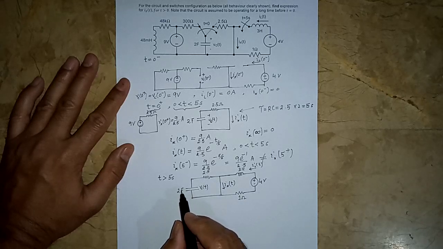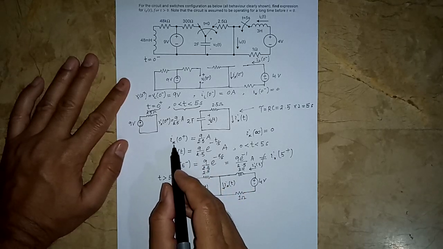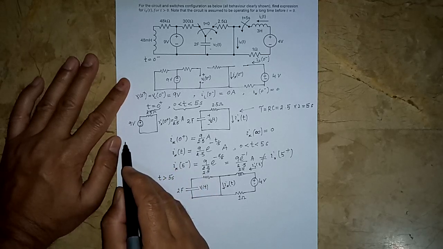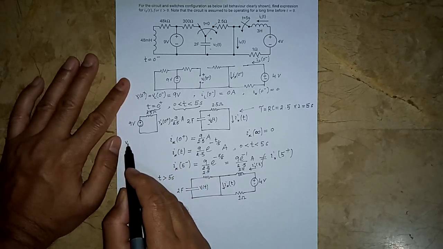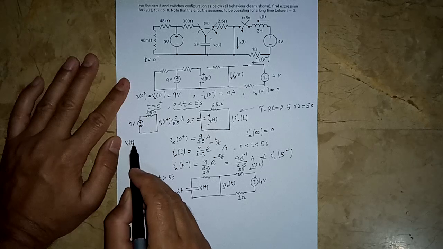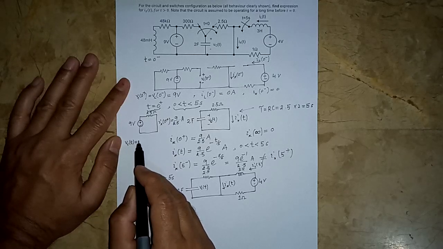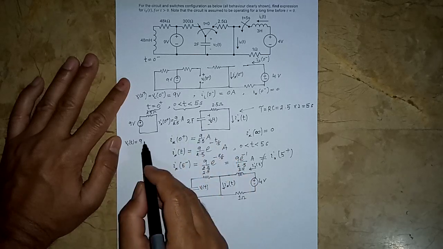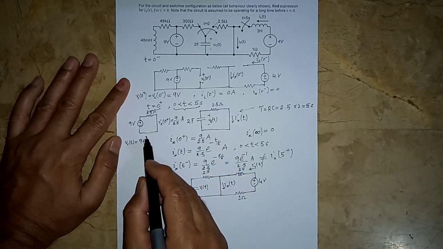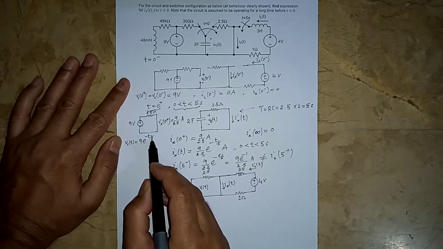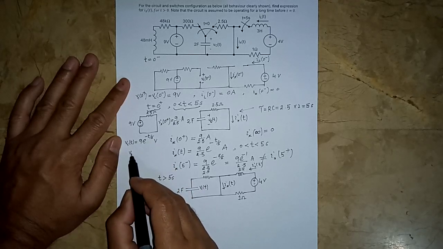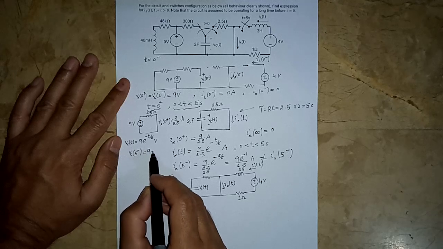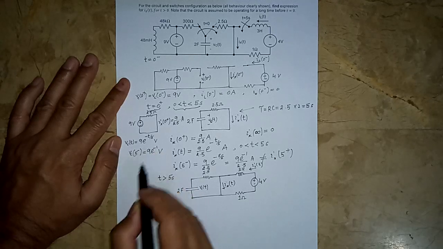So the voltage on the capacitor for this part from 0 to 5 seconds would in fact have become VC(t) equal to, what was its initial value, 9, and it's a discharging circuit, natural response, 9 e raised to the power minus t over 5 volts. So what would be VC at 5 minus? It would be 9 e raised to the power minus 1 volts.